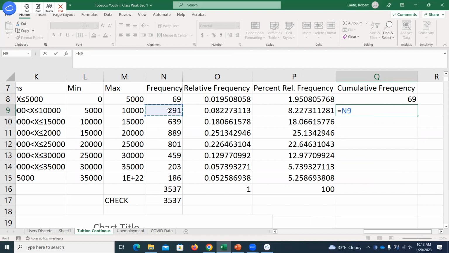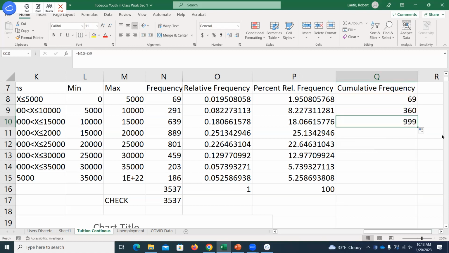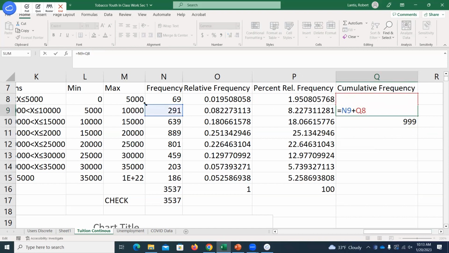Well, if I go back to the previous bin, the cumulative frequency would tell me the number of observations in that bin or anything below it. So if I simply take the frequency of that second bin, add to that, oh, I forgot to set this up, add to that the cell before it, that cumulative frequency of the bin before it, this should always, for these first two, be giving me the correct answers, or exactly what I was doing before when I was adding every individual component. Right? So if I simply take the frequency of the bin that I'm looking at, plus the cumulative frequency of the bin before it, that should always give me the correct cumulative frequency. Now, when I copy this down, it'll update to be the next bin.